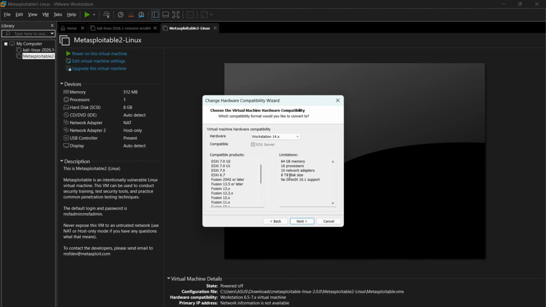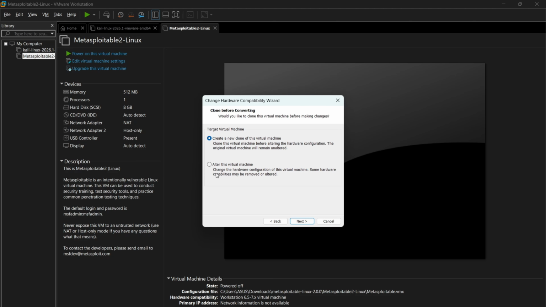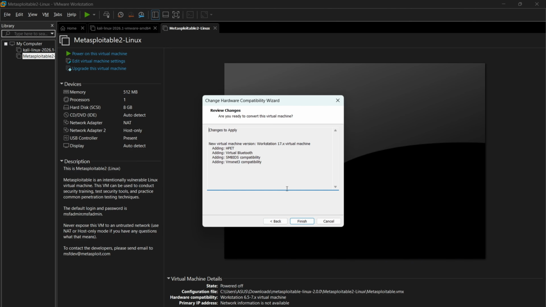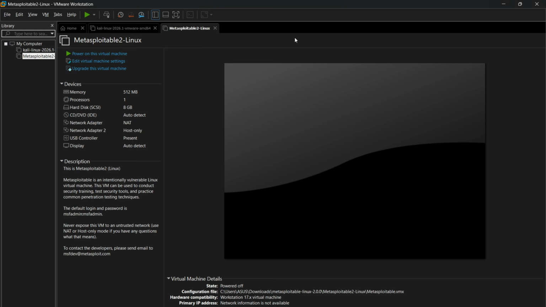I'm going to select 17, right, and next, next and finish. Well, there is no need to do this actually, because we are not going to do anything with the cursor in Metasploitable 2, but still if you feel itchy that you are not able to see your cursor, then you can do it.